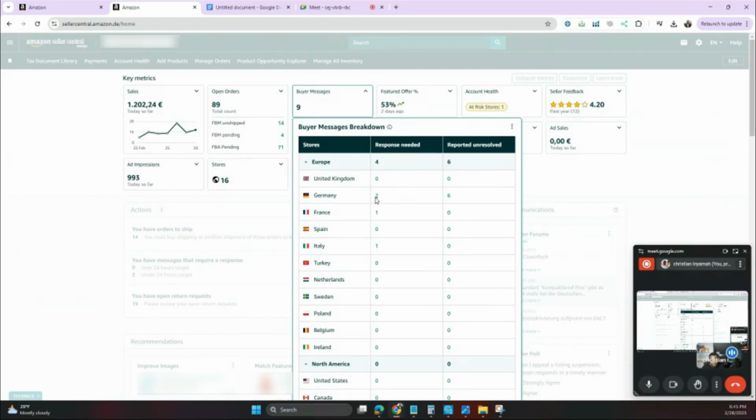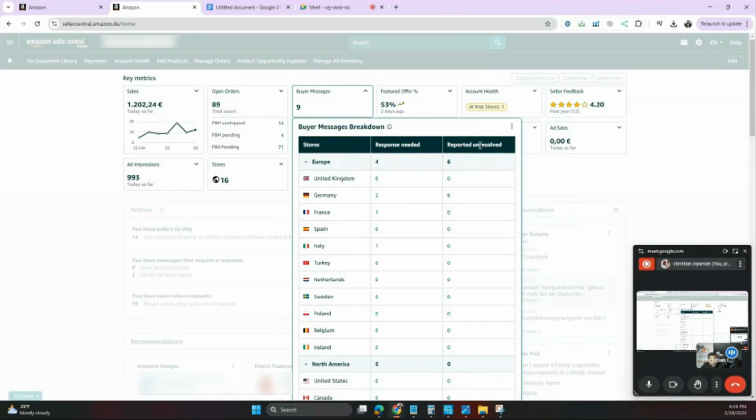It shows me that I have 2 messages from 2 customers in Germany that I need to respond to. Amazon usually gives about, I think, 24 hours for you to respond. Actually 48 hours, but you normally should respond within 24 hours so as not to put your, what we call, your SLA in trouble. But you have 24 hours to respond to these messages. I have 2 messages in Germany, 1 in France,